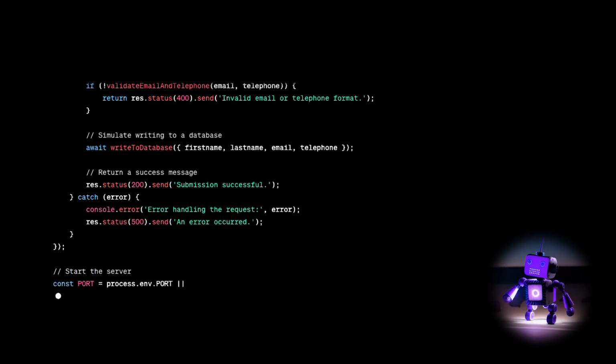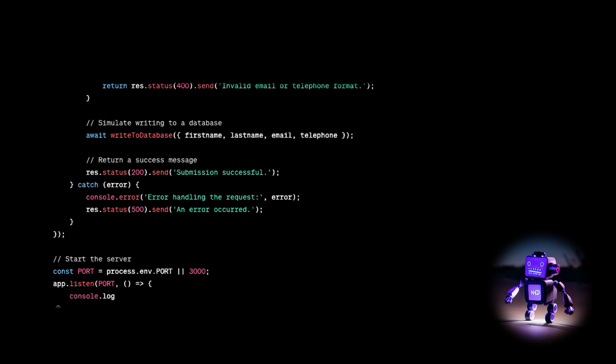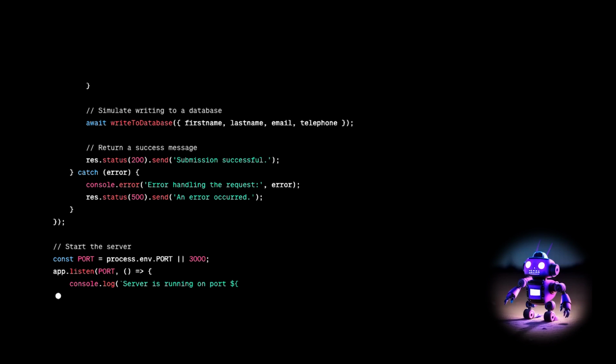The last piece of the puzzle is booting up the server. We specify a port and use the app.listen method to make our Express app start listening for incoming requests on that port. This is where our server becomes live, ready to handle requests based on the routes and middleware we've